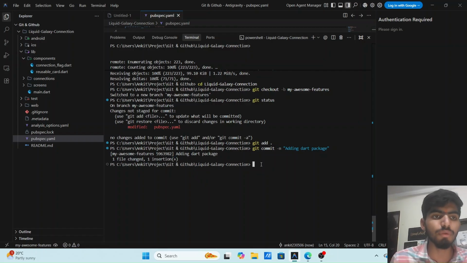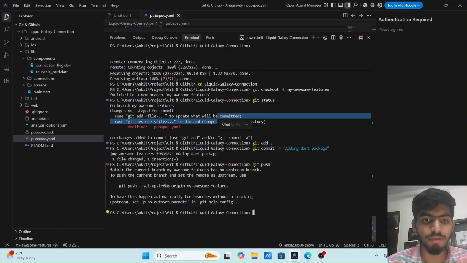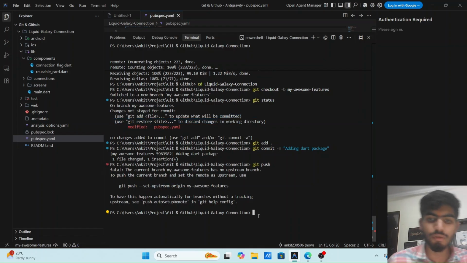Now we have to create an upstream so that we can sync with the code which is going on in the main repository, so that there will be no merge conflict. So we have to push this code. We can push it like git push. If you run this, you will get an error because of your current branch. For that you can see upstream, so we have to git push